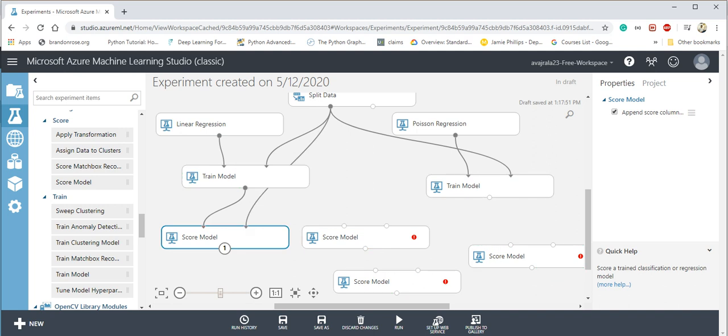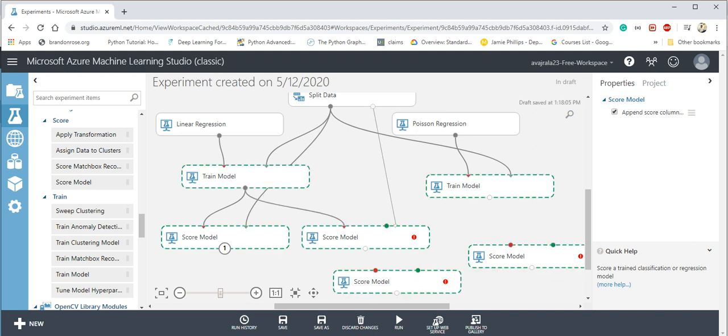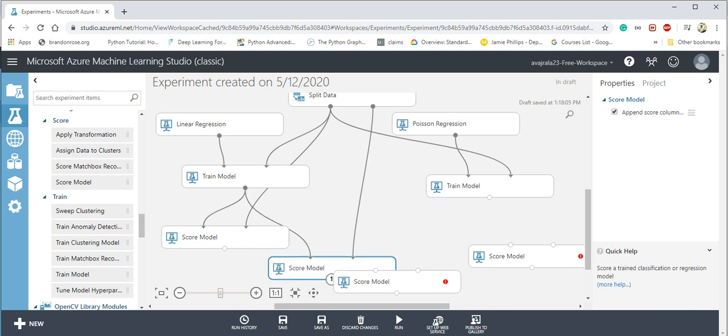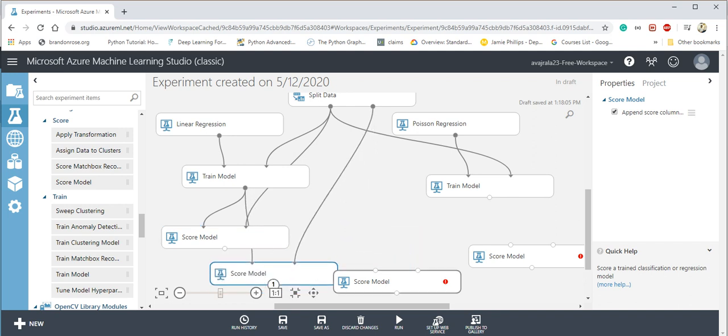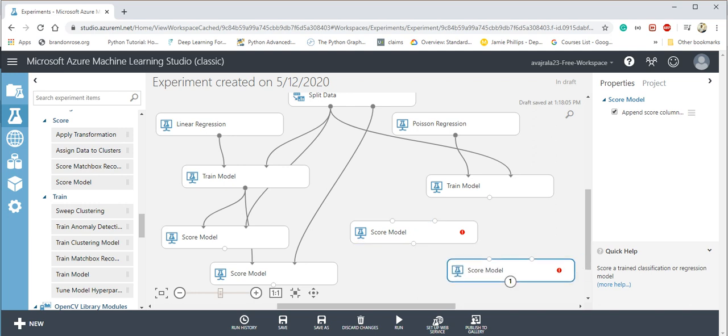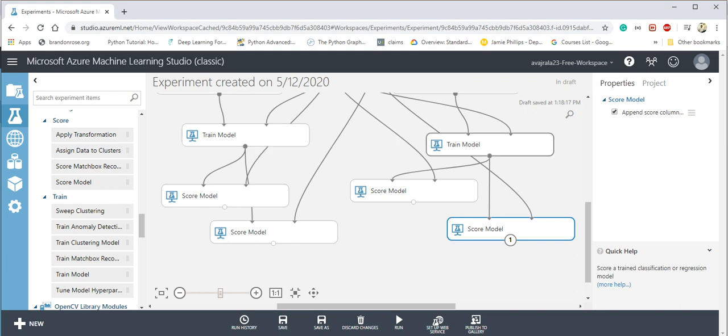This is the same thing. We want to use this model, and this time we want to make predictions on the test data. Okay, and then here we want to use this model and we want to make predictions on the training data. So what I'm trying to do is I'm trying to train two different models, and then I want to make predictions on the training data. I'll just note it down. Predictions on training data.